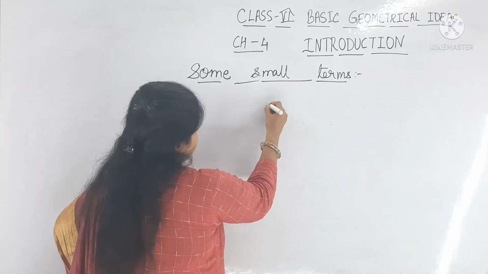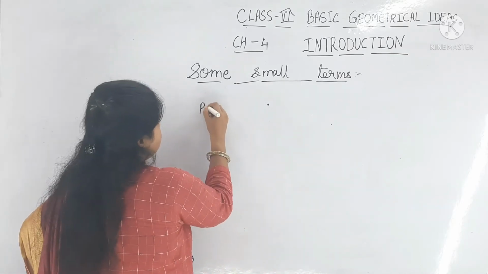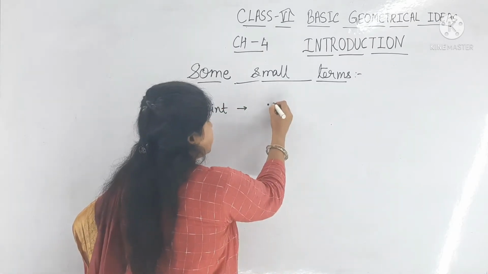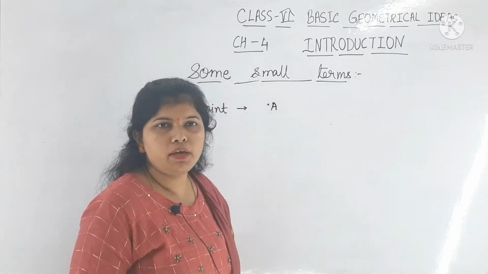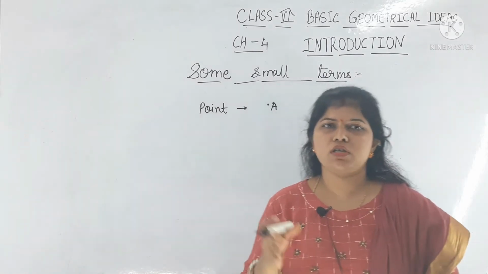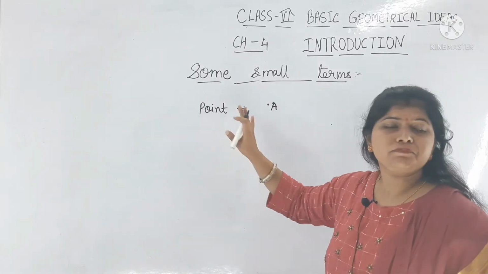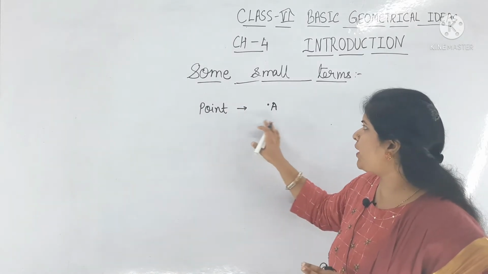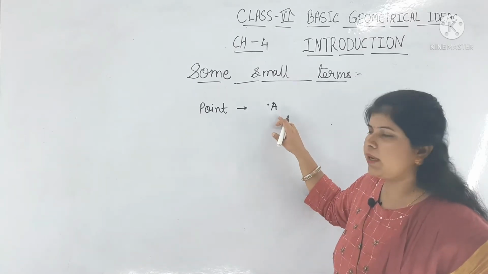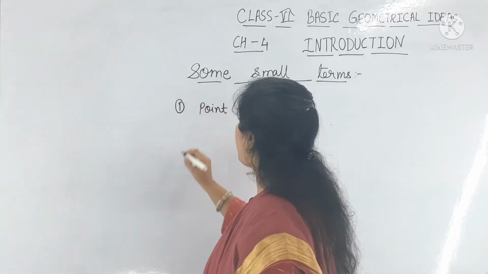Just one dot, it is called? It is called a point. Okay, so point is simply a small dot. It can be represented by any name A or B or C. So further we will study, let's say, what is interior point and what is exterior point. Okay, so just keep in your mind that a point is just a simple dot, and it is defined by the name A, B, any name you can give it. Okay, so first is point.